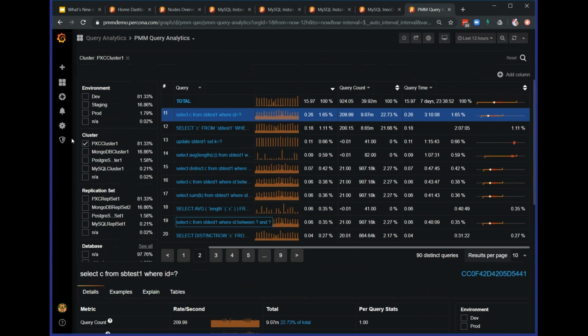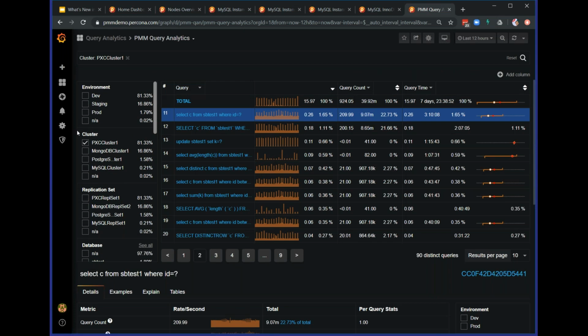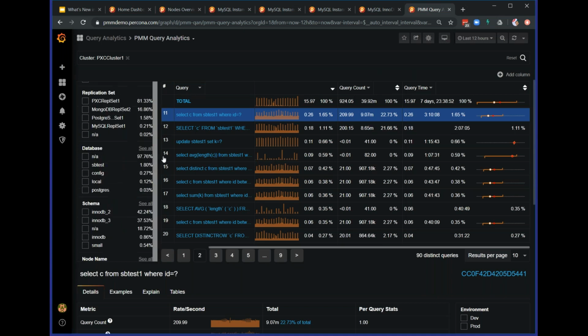Okay. And I'll just quickly look at these filters and then we'll get into just a couple more slides and then we'll be available for questions and answers. So I mentioned earlier that we've got the ability to choose the cluster. The replication set is a concept we're trying to use that unifies the different technologies. So for example,